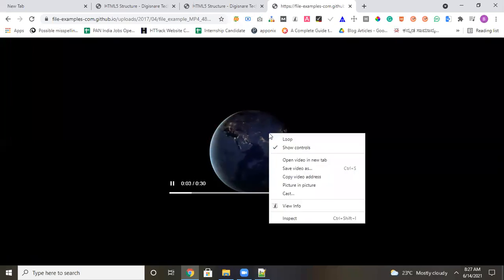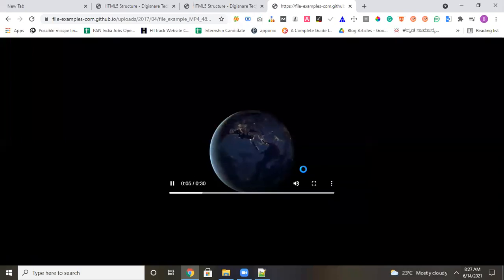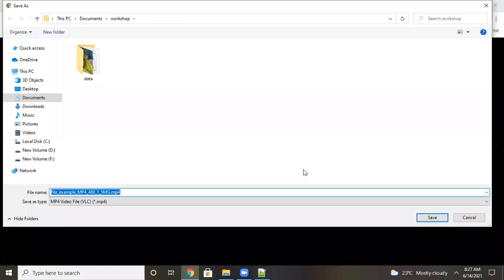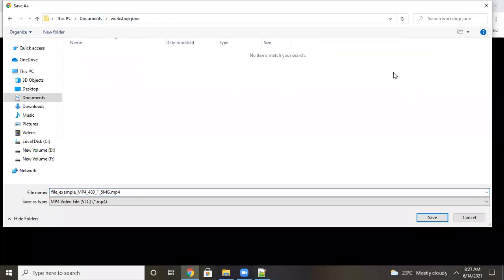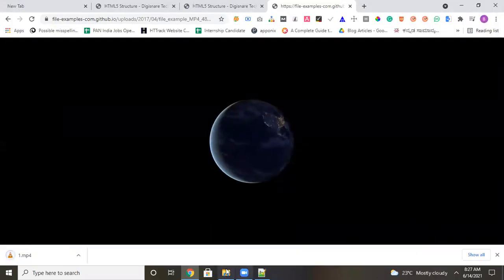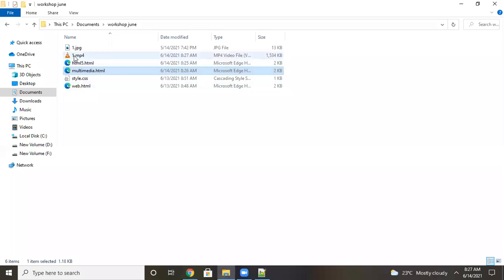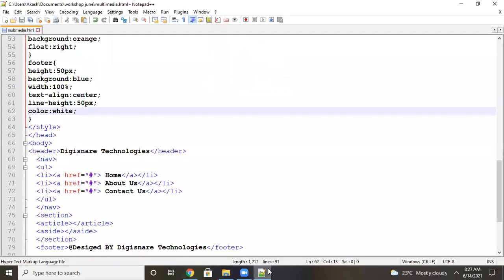Just right click and do Save Video As, go to your folder, and save it directly as 1.mp4. Already I have saved it in the folder. You can see 1.mp4.